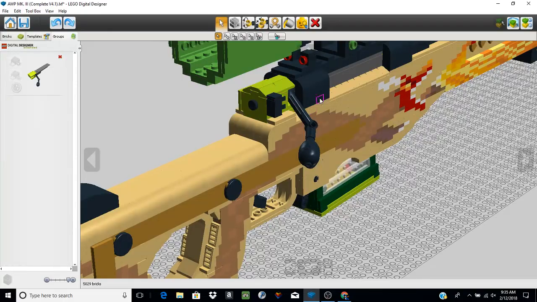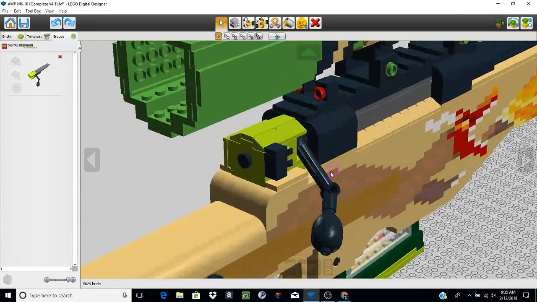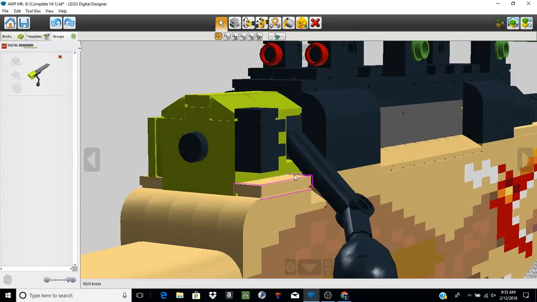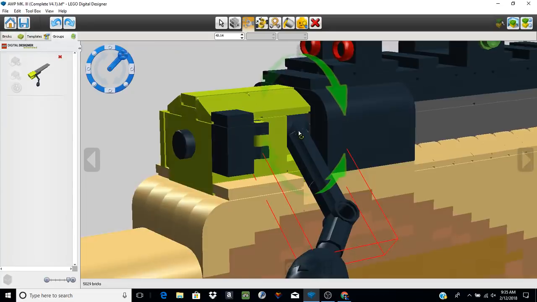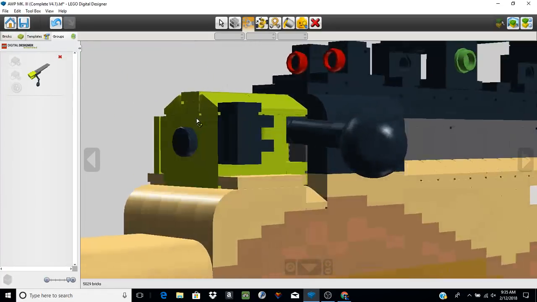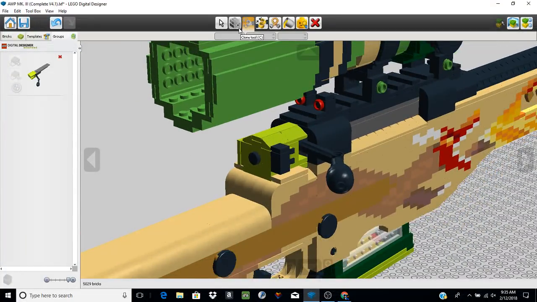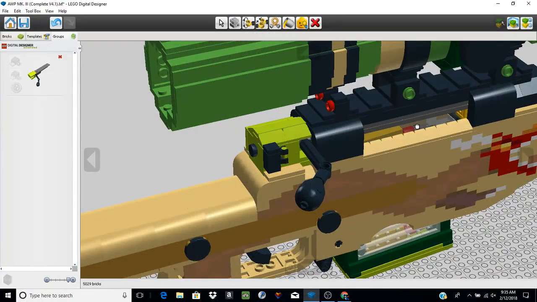For the sake of things, I'm going to have it like this, but just know that you can't action the bolt when it's in that position. The bolt handle itself locks into the gun itself, so it won't just open randomly. It's pretty simple to unlock. You just pull up, like so. That will open up, and then if you come and you click on this, you can actually,